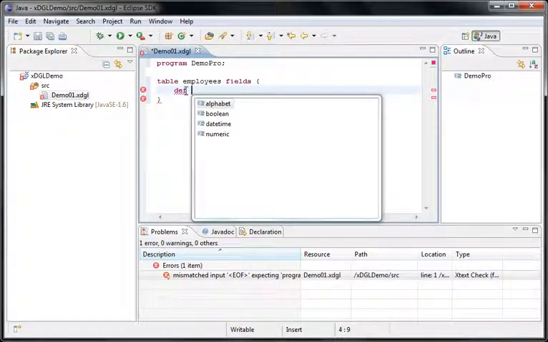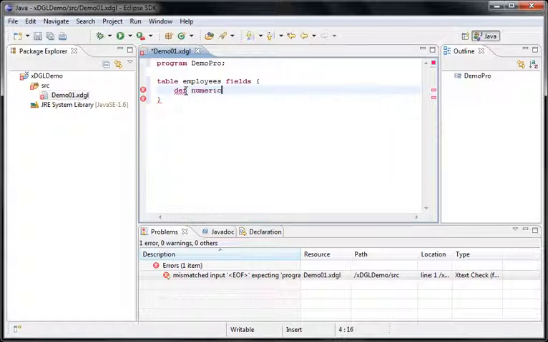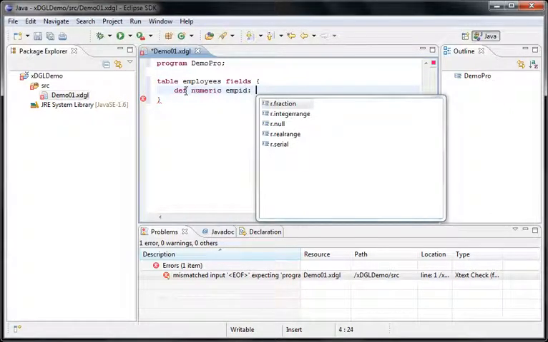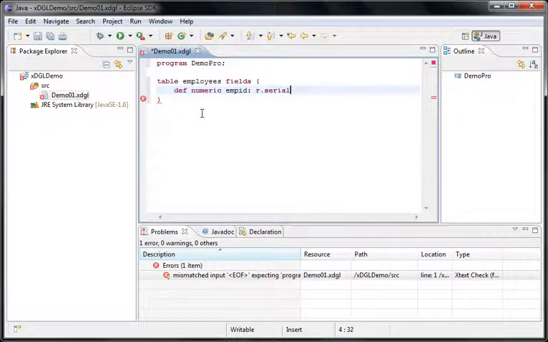First we have to define which type it is, whether it is alphabet, boolean, date, time, or numeric. So it's a numeric. Emp ID. When you ask for the IntelliSense, it will give you the rules that are applicable to numeric field types, whether it is fraction, integer range, null, real range, or serial. I'm going to choose serial. It will start from 1000 step by one,